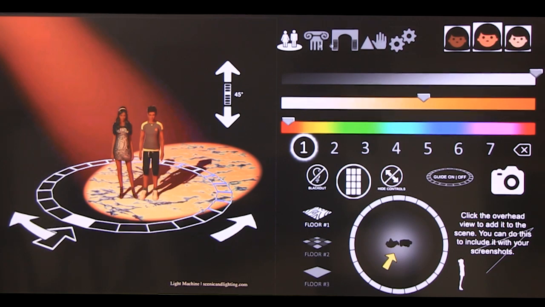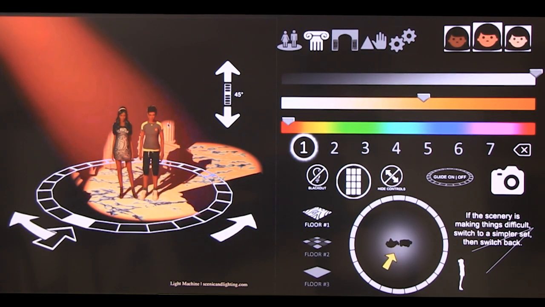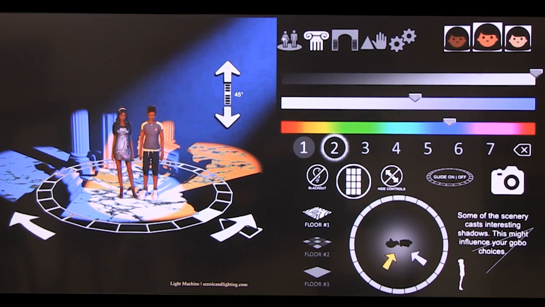But then up here, you can also bring in different pieces of scenery. Right now, you can see that those pillars are in the back, but we can barely see them. And so working with different cues, you can bring in, like we have the light coming from the side on the left here, and so we're seeing more of the scenery.